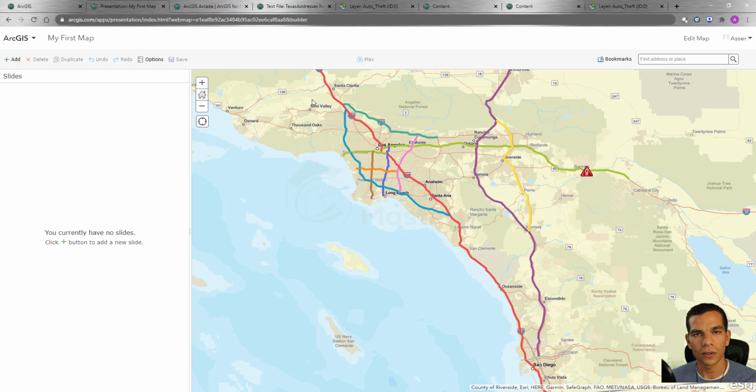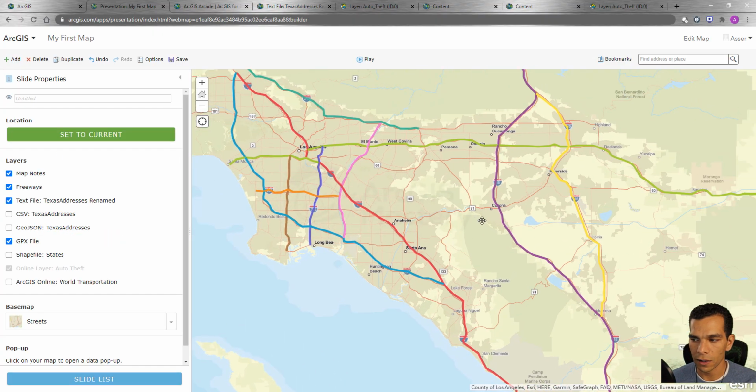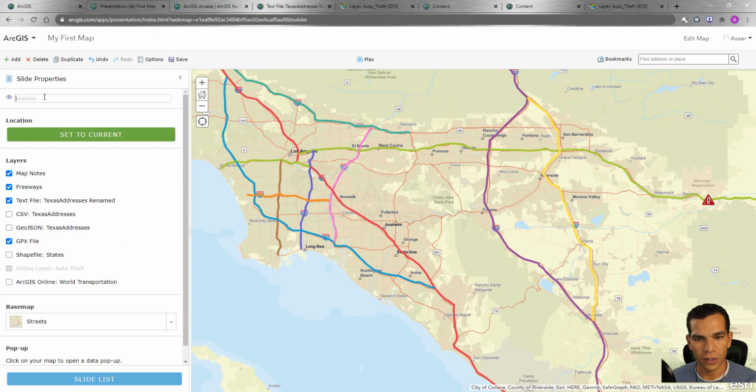It looks very similar to how our web map looks, but on the top here and on the slides you have different options. So here we are going to create slides based on the data we have. Basically I will make a slide for each type of data I have, and we will see how we can go through these slides after we finish it. So right now I will click add new slide. I will zoom here and we'll call this one freeways,